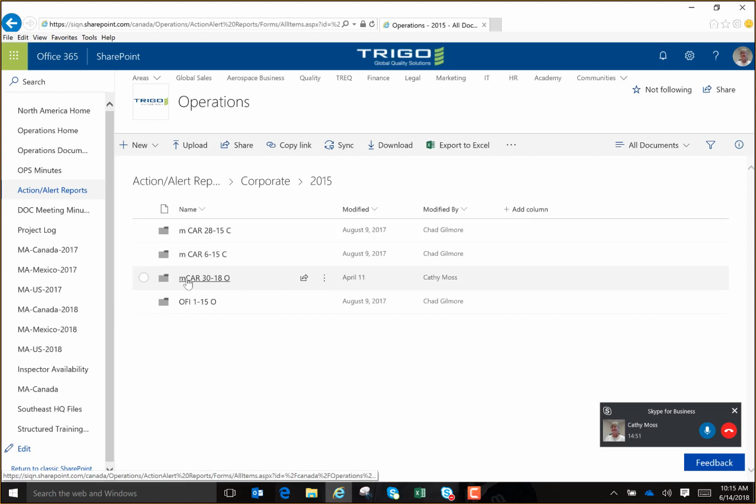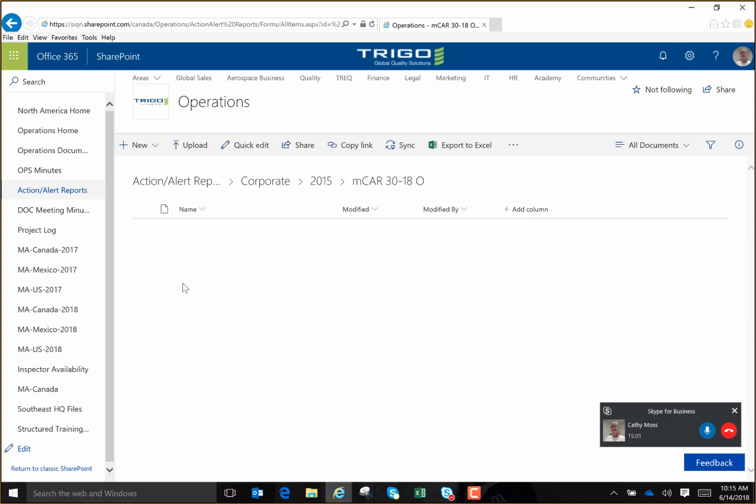So you will put small m followed by car, then 41-18 and 0. Okay? So you open up that folder, and within there you're going to put your corrective action. Okay? We get that corrective action back on the Action Alert tab. So if we go back to the main tab for Action Alerts,